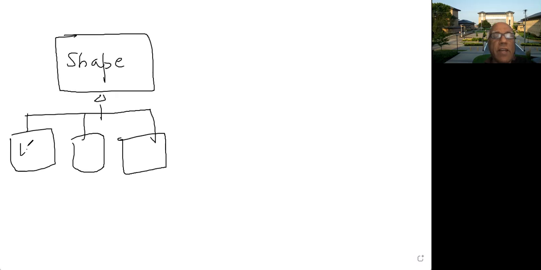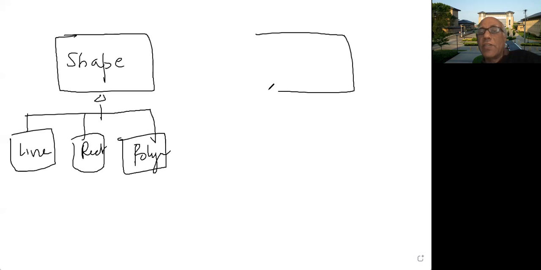So we can have line, rectangle, polygon, and so on. And the line knows where its endpoints are, the rectangle knows where its vertices are, and so does a polygon. But then how do you get this polygon or line to be drawn in various technologies? So for that, we have this renderer